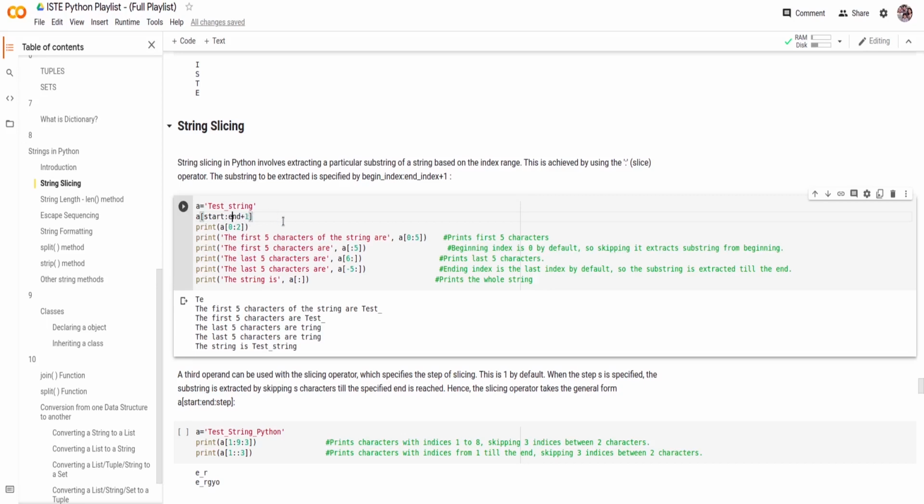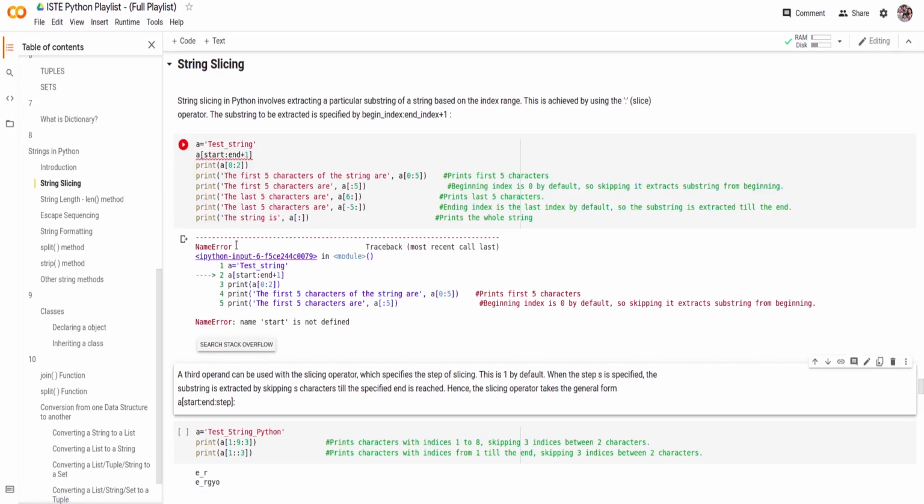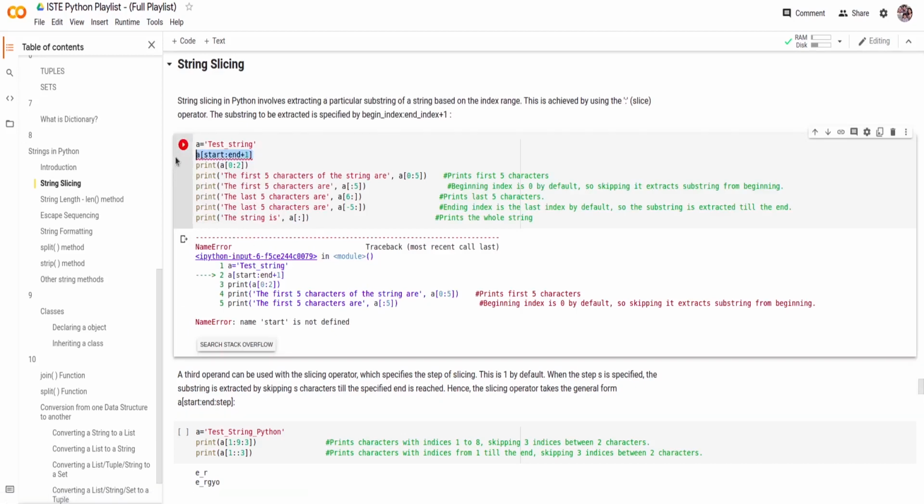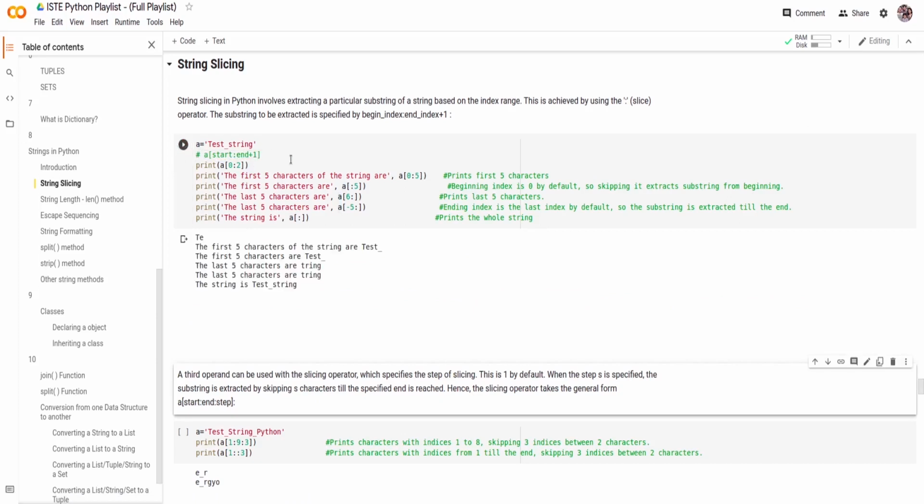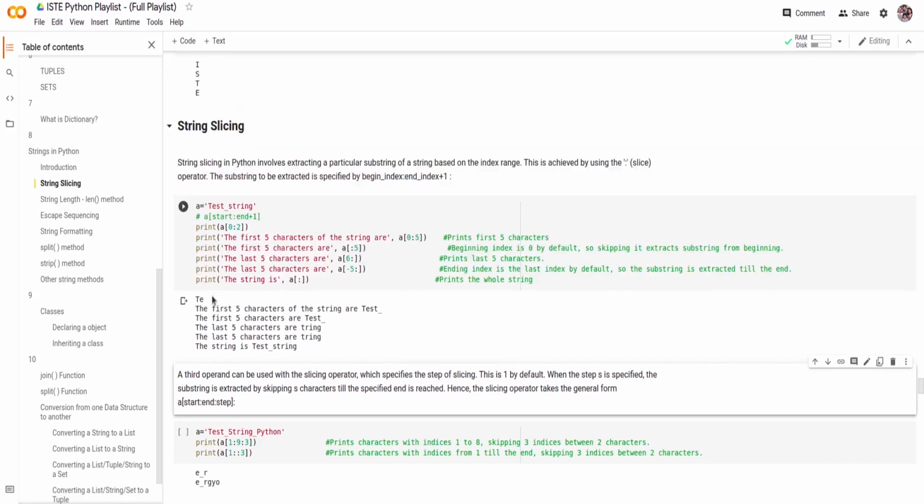It will just print up to one behind it. So when you try to print A of 0 colon 2, it won't print the character at the second index. It will just print from 0 and the first index. So when you run it, you can see that it prints out T and E.